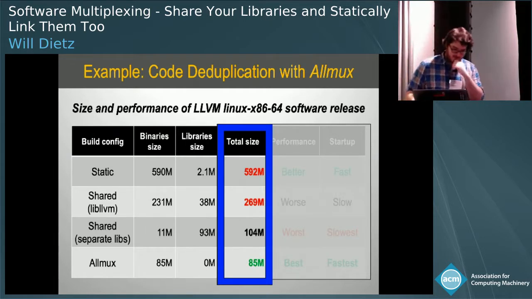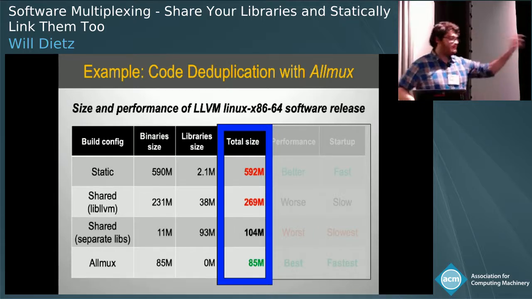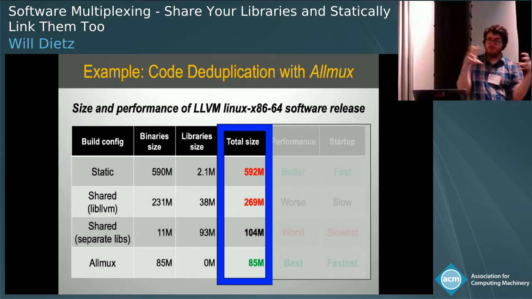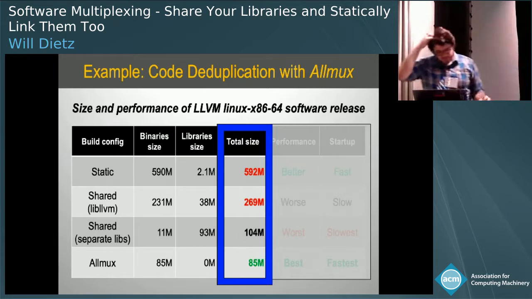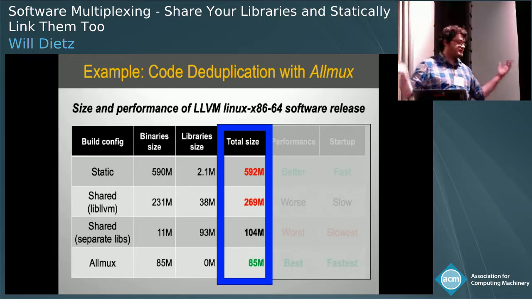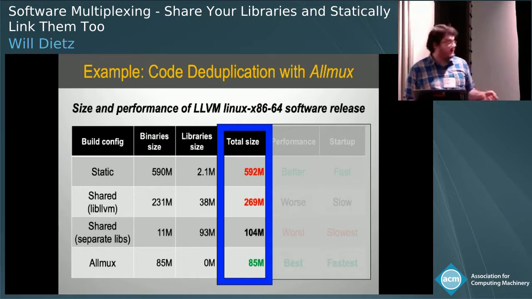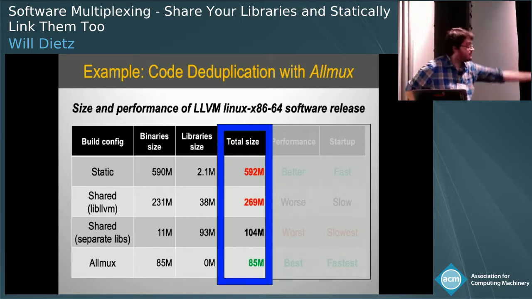But actually, the performance trade-offs between the two are such that they've introduced a third hybrid solution where they combine all the shared libraries into a single libLLVM in the middle, which they're able to do because they're compiler engineers and they spend time on it and that works. But it just speaks to these two extremes not being enough. You can see there's a huge size difference. And yet, even so, when we do this multiplexing, our result is even smaller without making any of the compromises,